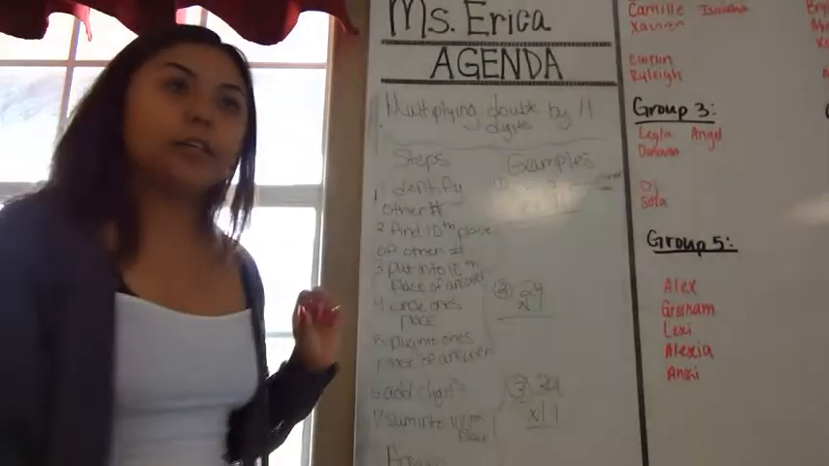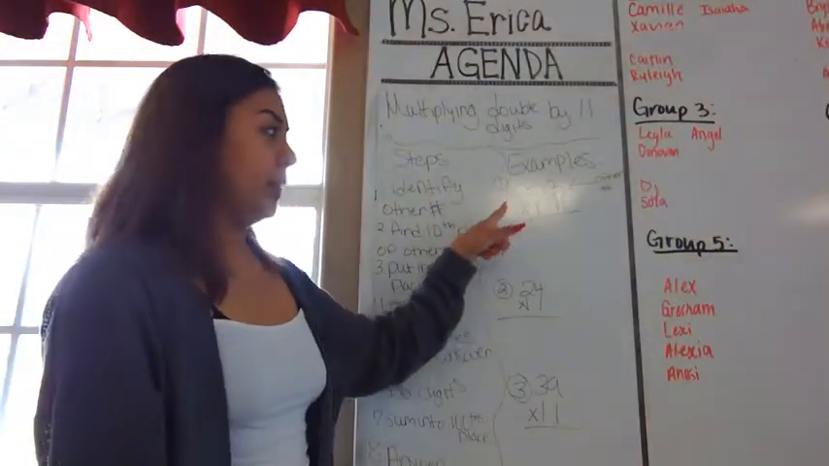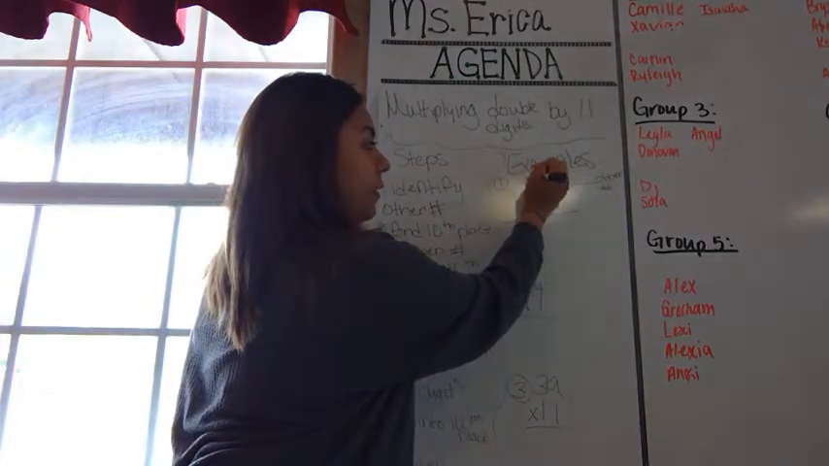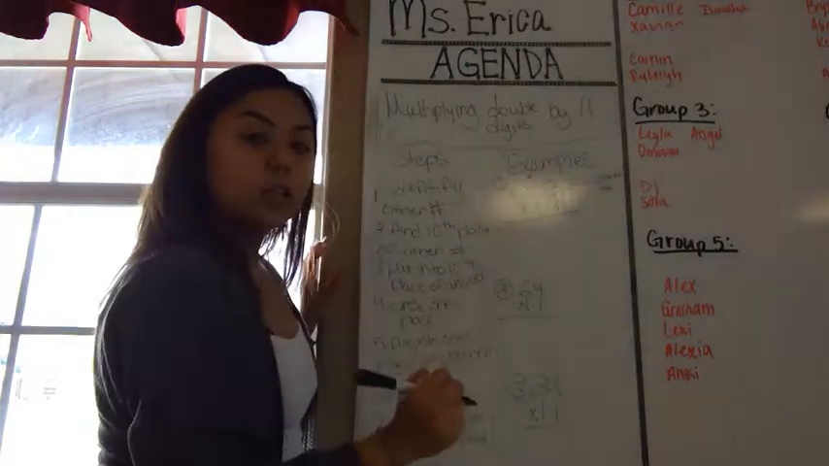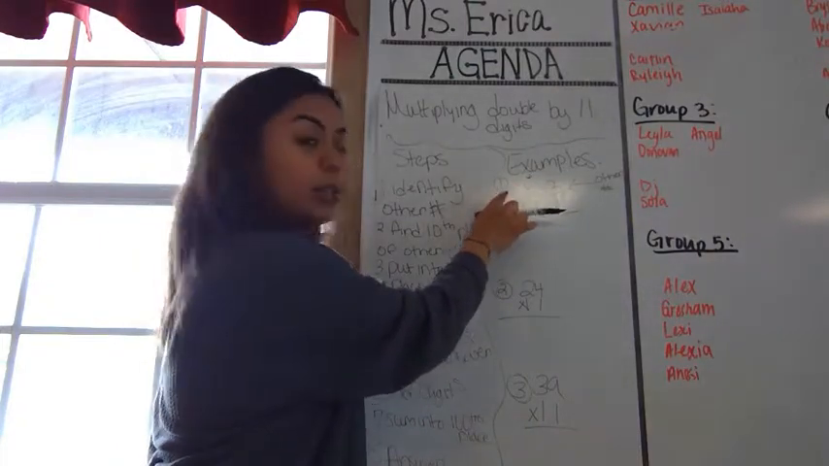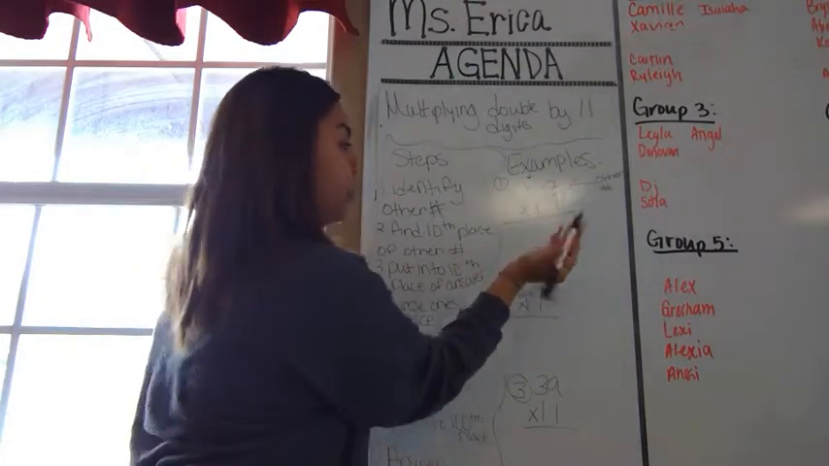Once you have found that, you're going to identify the tens place in your 53. So that's going to be the 5. Your next step is to put the tens place of your other number into the tens place of your answer. So